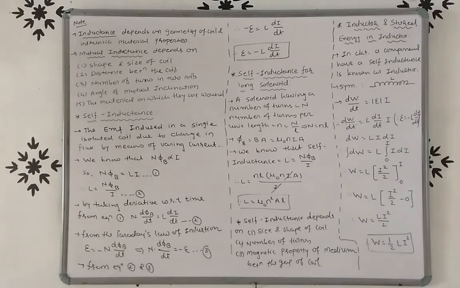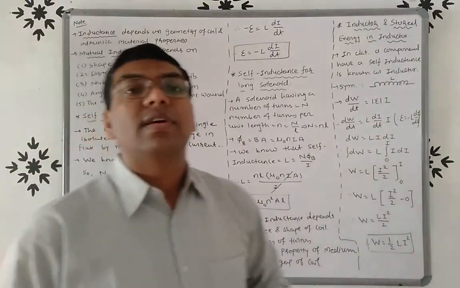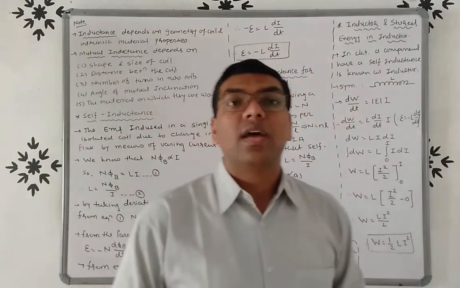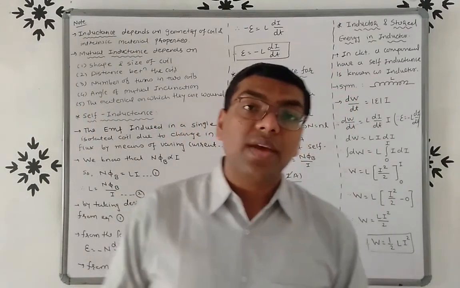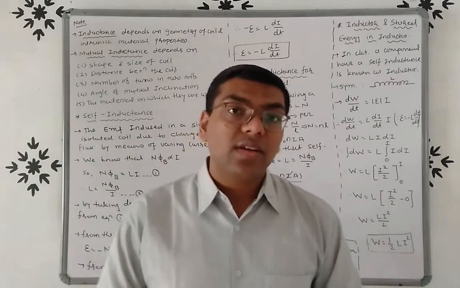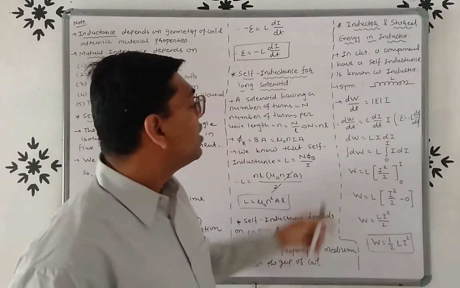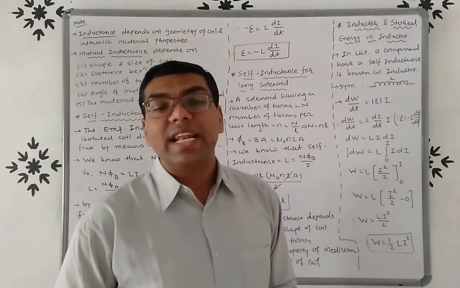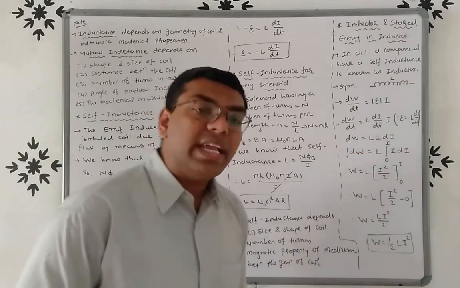Now once again, friends, what is an inductor? In a circuit, a component having a self-inductance is known as an inductor. The symbol is like this. You have to remember, a self-induced EMF is known as back EMF, which opposes the change in current. So to establish the current, we have to apply some work. So dW by dt is equal to the magnitude of E I. The magnitude of E is L di by dt into I, dt cancels, so dW equals L I di.